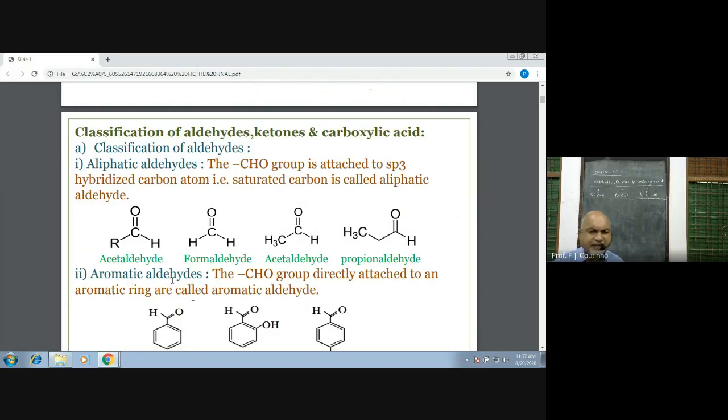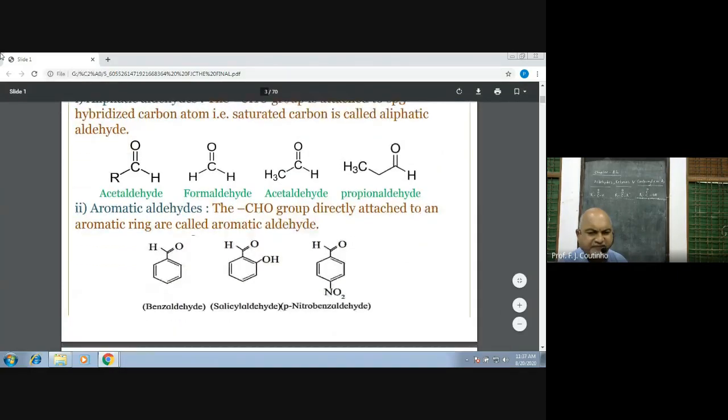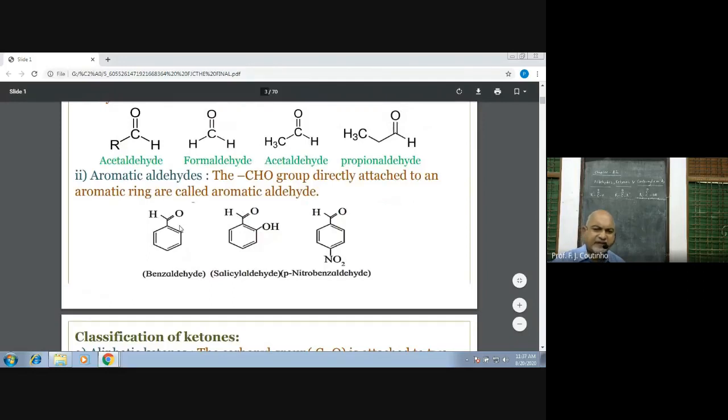Now what is aromatic? There is an aromatic ring, with this, as I told you, R. Here R is an aryl group. So hydrogen we have seen, alkyl groups we have seen, but here there is a benzene ring. So how is the structure? This is C6H5. Why is it C6H5? The reason is here there are 6 carbons and there is one hydrogen less, because in place of this hydrogen, this is a linkage, this is the carbonyl linkage.